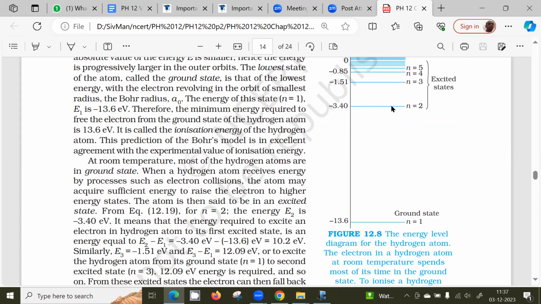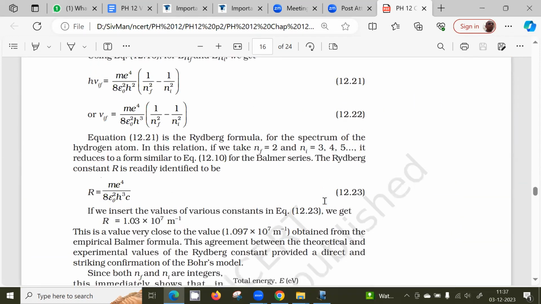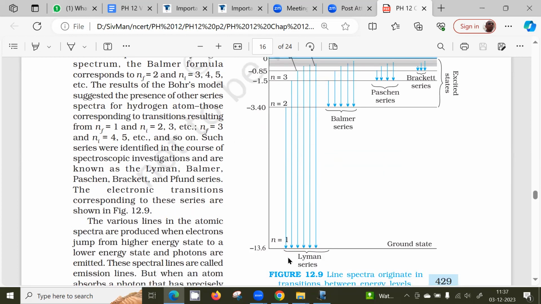So the minimum frequency of the photon will be from n equal to 2 to n equal to 1. Next higher frequency is n equal to 3 to n equal to 1, if I impose the condition that the final state has to be n equal to 1. So this is the ground state of the hydrogen atom. So any jump from n equal to 3 to 1 has a higher energy difference than the jump between 2 and 1. So this transition will give a photon of frequency higher than this one. And the maximum frequency photon will come from n equal to infinity, 0, to this one.